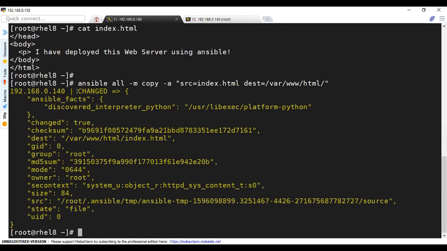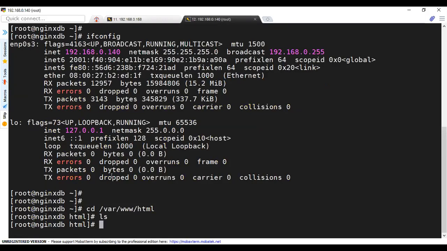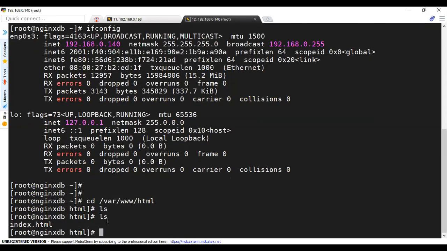With this, we can see the output has changed. Changed is true, and this has basically copied the content file. Now if I go to my server and have a look here, I can see my index file is present on my server.